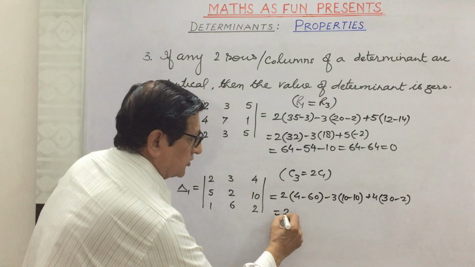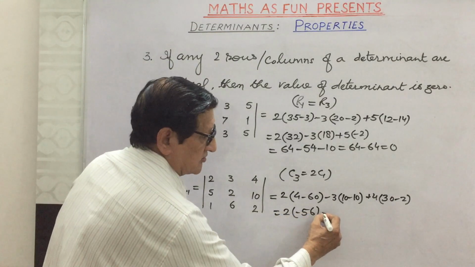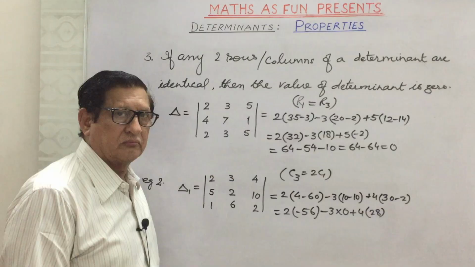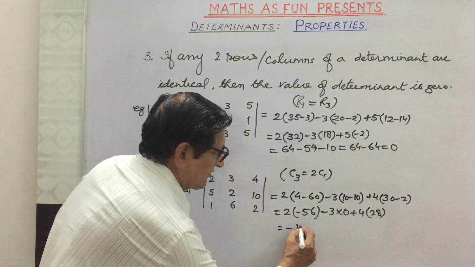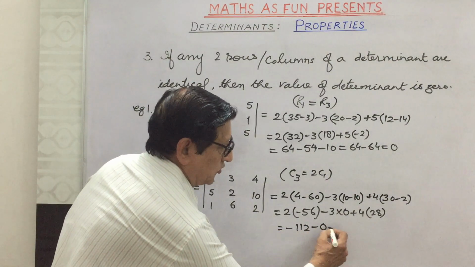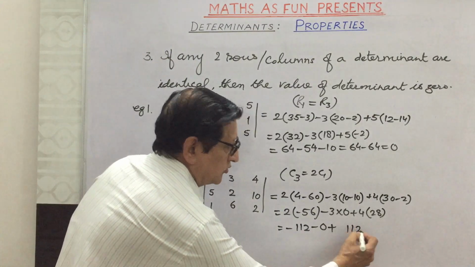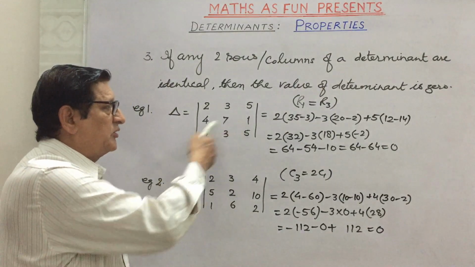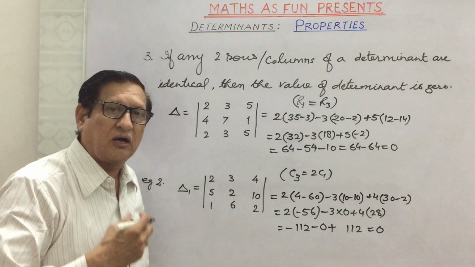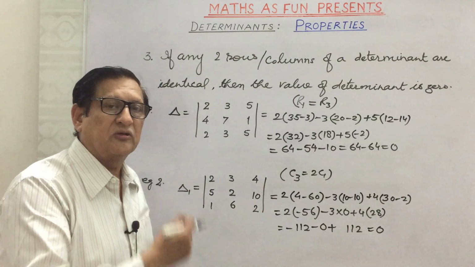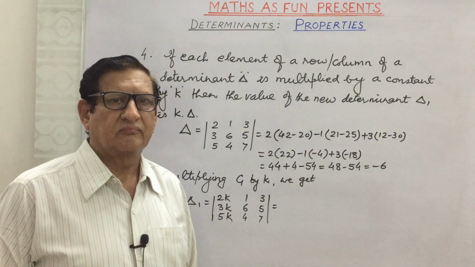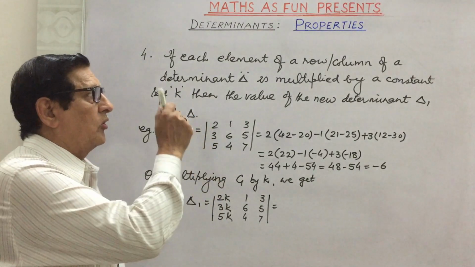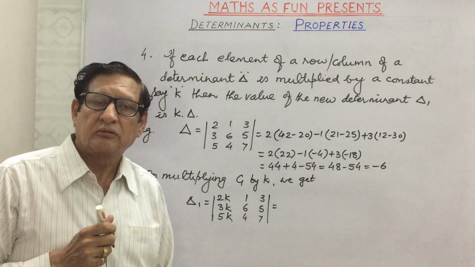Simplifying this, we get 2 into minus 56 minus 3 into 0 plus 4 into 28. This is equal to minus 112 minus 0 plus 112, which is equal to 0. So we find that if any two rows or columns of a determinant are identical, then the value of the determinant is 0. The fourth property is that if each element of a row or a column of a determinant delta